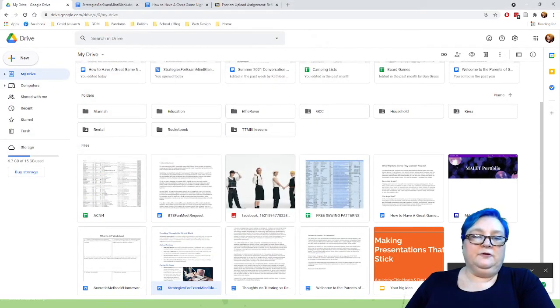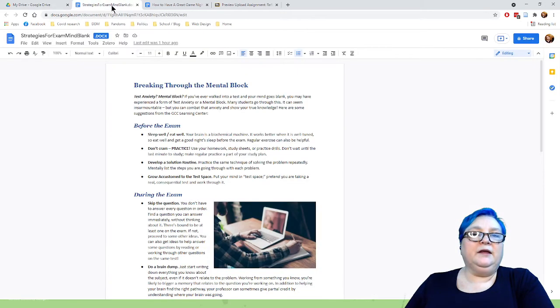Now when I look here at Google Drive, here's my file. It has a little W to indicate that it's a Word doc. And if I double click to open it and I look at it, here's a little .docx that indicates this isn't a Google file, it's a Word file. It's a Microsoft Word file.